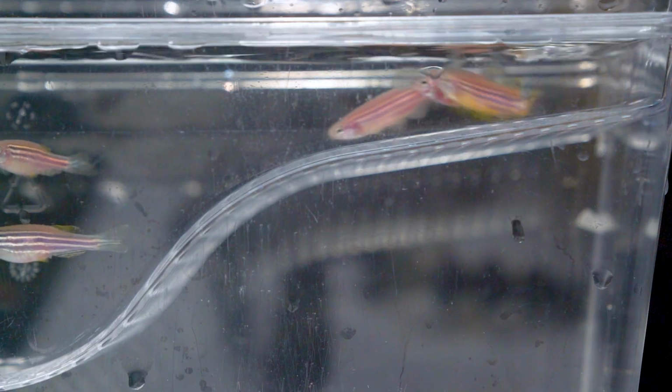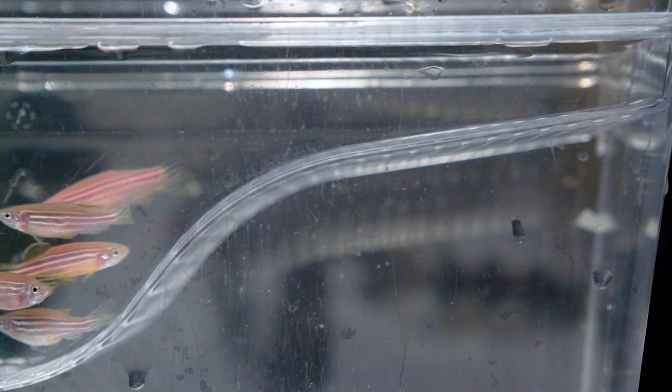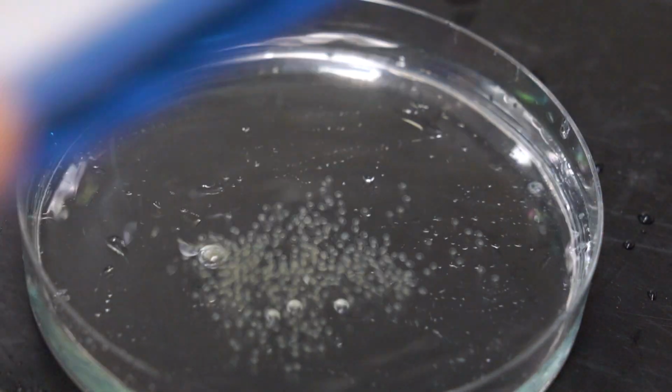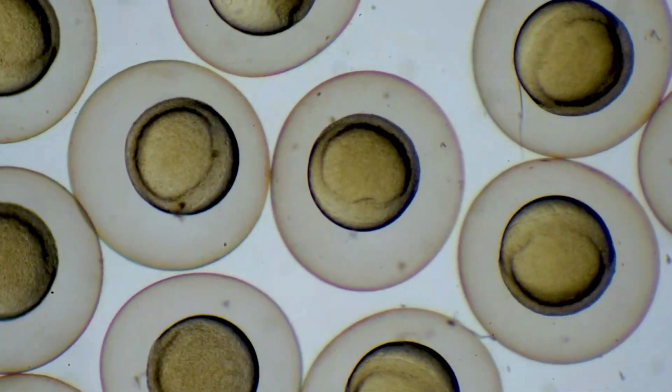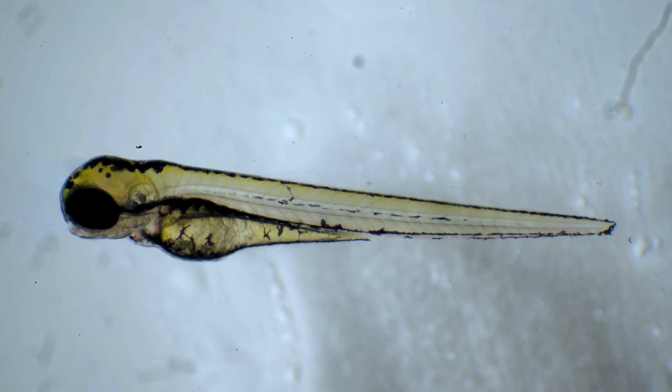So why do we use a zebrafish here at GRIDD for doing that? The main reason is it's a pretty cheap animal to maintain, and we can produce every day a very large number of samples for low cost. And they develop very quickly, so you can observe the animal going from one cell to a fully developed embryo in less than 24 hours. And in 3 days, you have a fully developed larva with a very complex neuromuscular system,